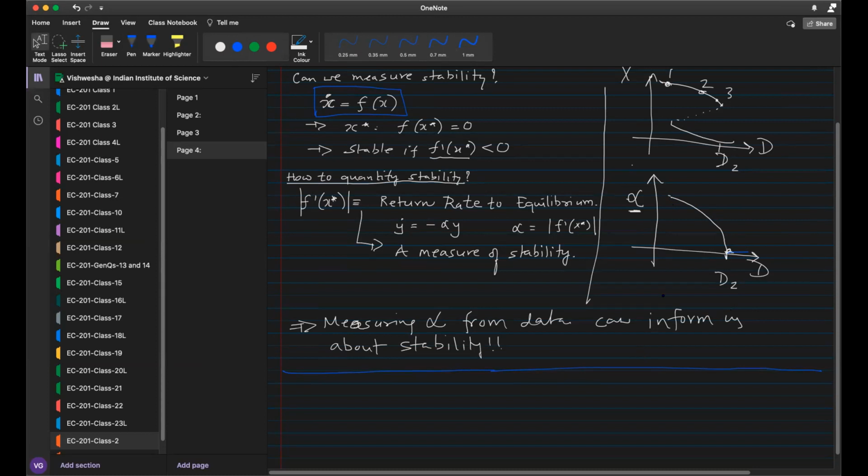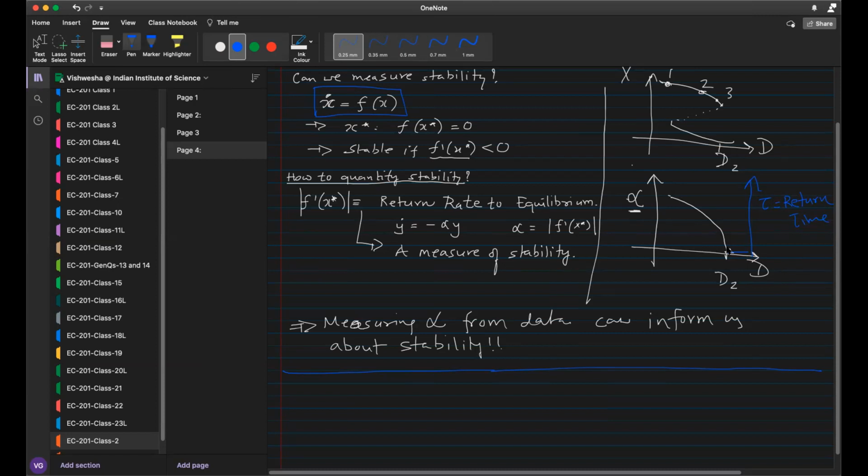Unstable equilibrium. It becomes an unstable equilibrium, right? But in terms of, just think of another measurable quantity. How long does it take to return? See, rate is the inverse of time, right? So if I were to now plot on the same graph something called tau, which is the return time, instead of return rate,